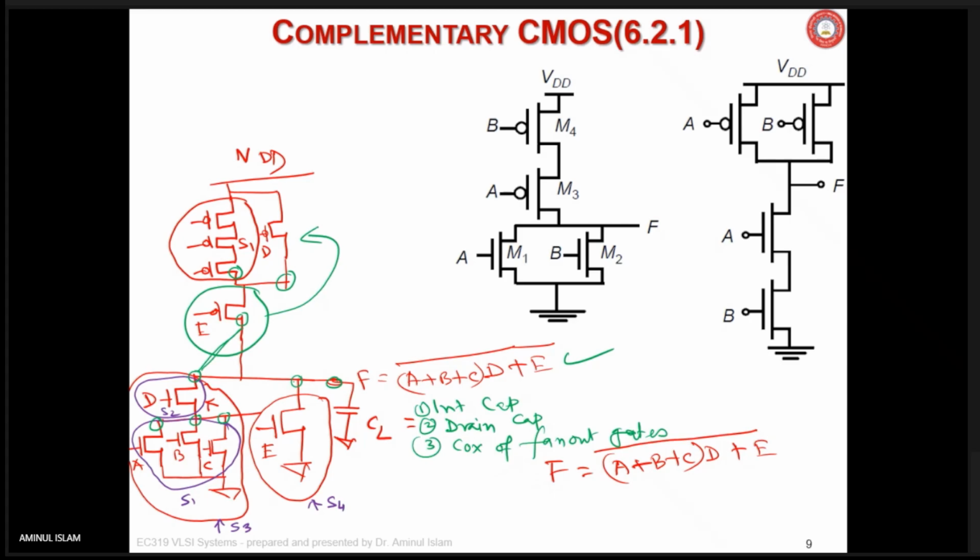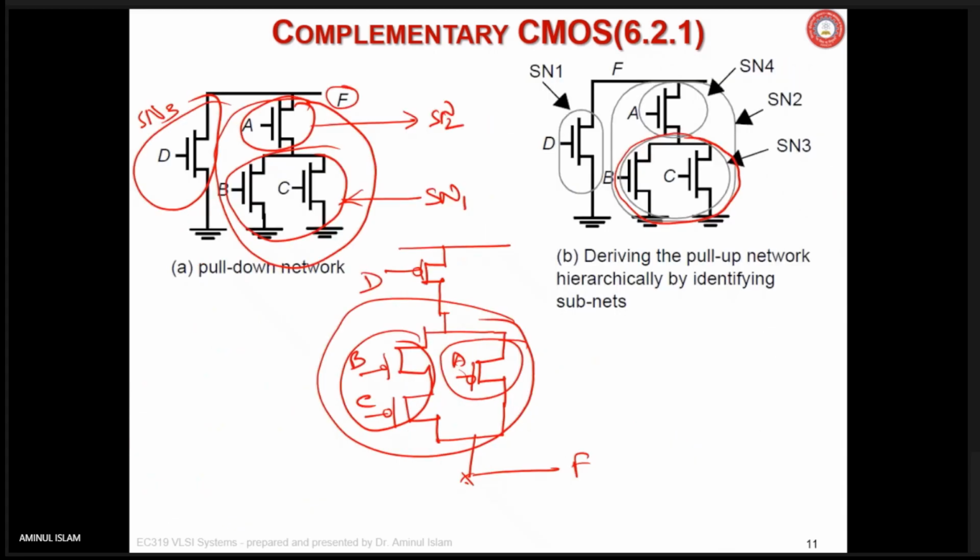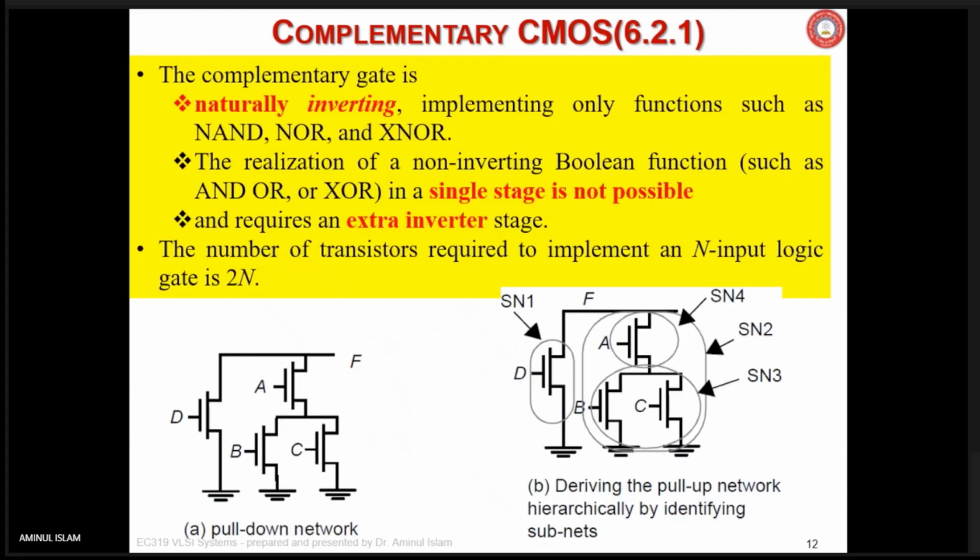In the case of other circuits like pseudo NMOS or dynamic, how many will be there? Let me see whether you are recollecting or not. 4 fan-outs, 4 COX. So in that way you are reducing the COX, so that circuit may be faster. Anyway, let me go fast. You all are aware of this.